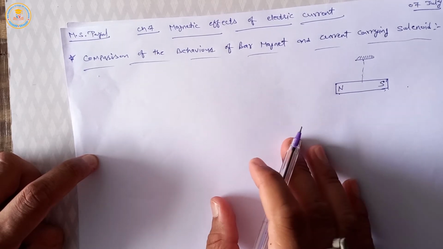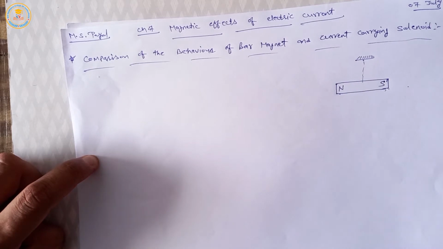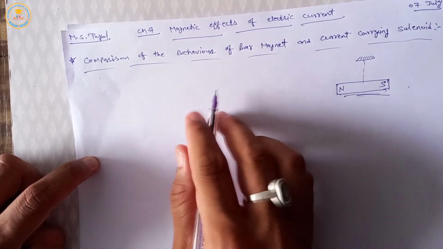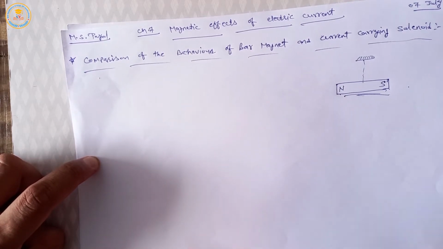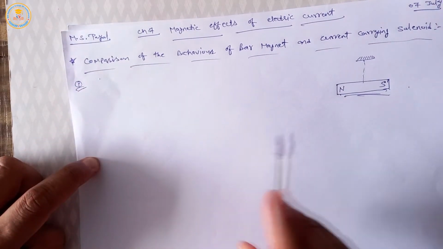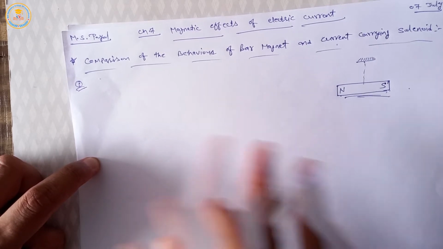So we can say the current carrying solenoid normally behaves like a bar magnet. We can say both ends of the solenoid are like the north and south poles of a bar magnet, but some differences are present between the current carrying solenoid and a bar magnet. First is,